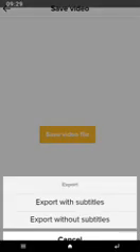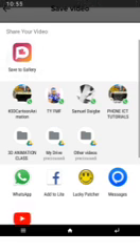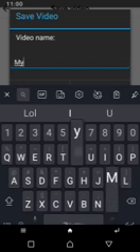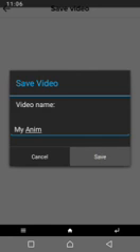Now I want to save the file. So I'll just start saving it. Let me save that subtitle and allow it to load. Then you just tap on save to gallery. Then you give it a name. My animation. Save it. Then you are done. You can go ahead and make adjustments.